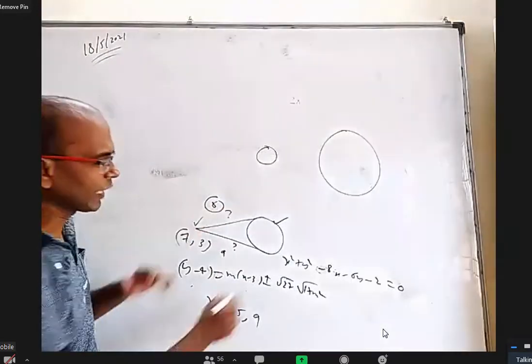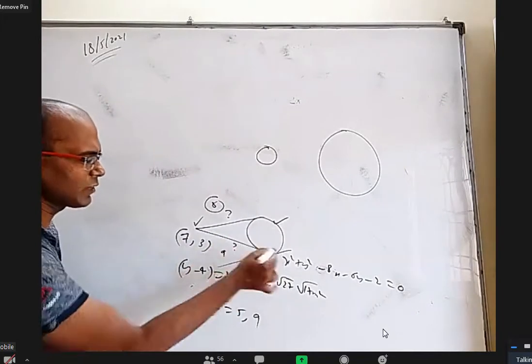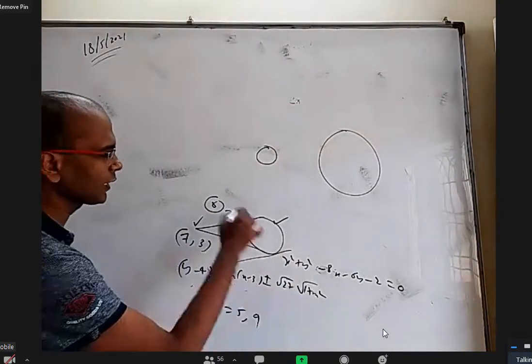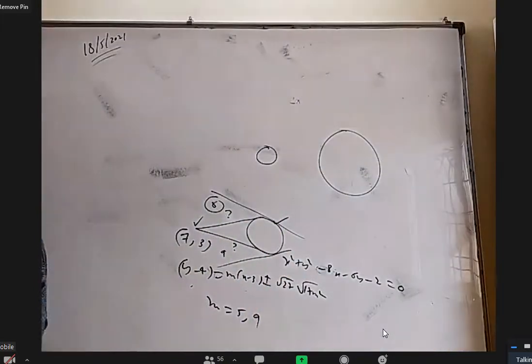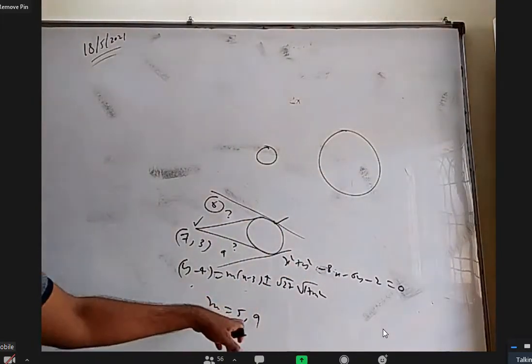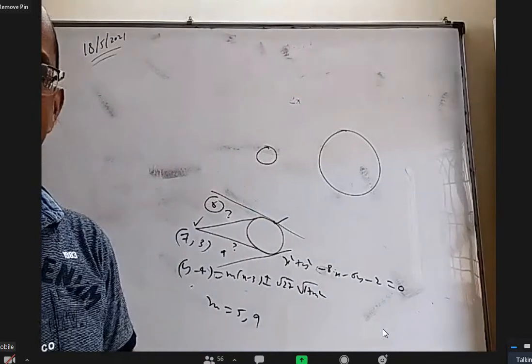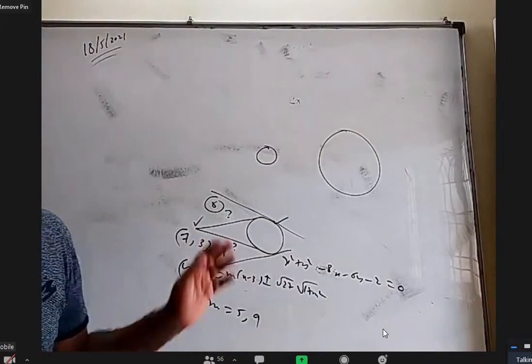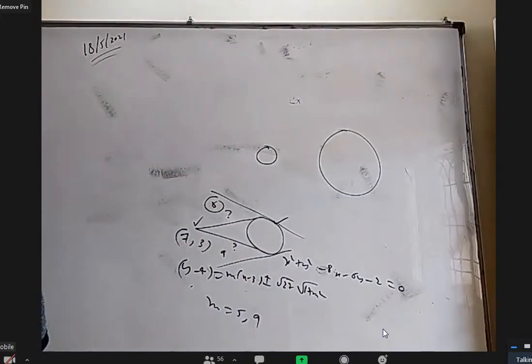If this slope is 5, there will be one more parallel tangent with slope 5, na? But that is not okay. If this slope is 9, there will be one more tangent with slope 9, but that is not okay. So after getting the slopes, if you put it here, you get 4 answers, then you have to decide which 2 are right. Instead of that, you know slope and point, you can directly find the line. Okay, this is one method.